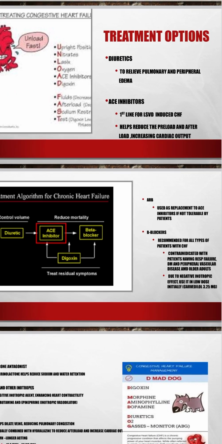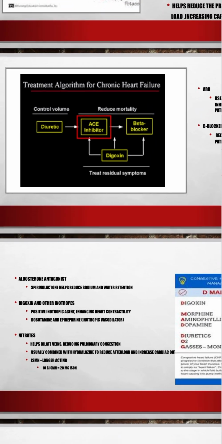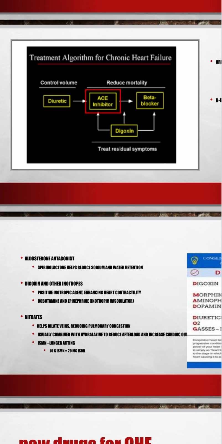with chronic heart failure. Now, other than that, there are other treatment options being given. That includes aldosterone antagonist, which is a diuretic. So if furosemide doesn't work, then spironolactone can also be given in order to reduce sodium and water retention. Then, in order to further strengthen the heart, inotropic agents such as digoxin are also being given, and the patient is encouraged to take this because that would help increase the cardiac contractility, or the contractility of the